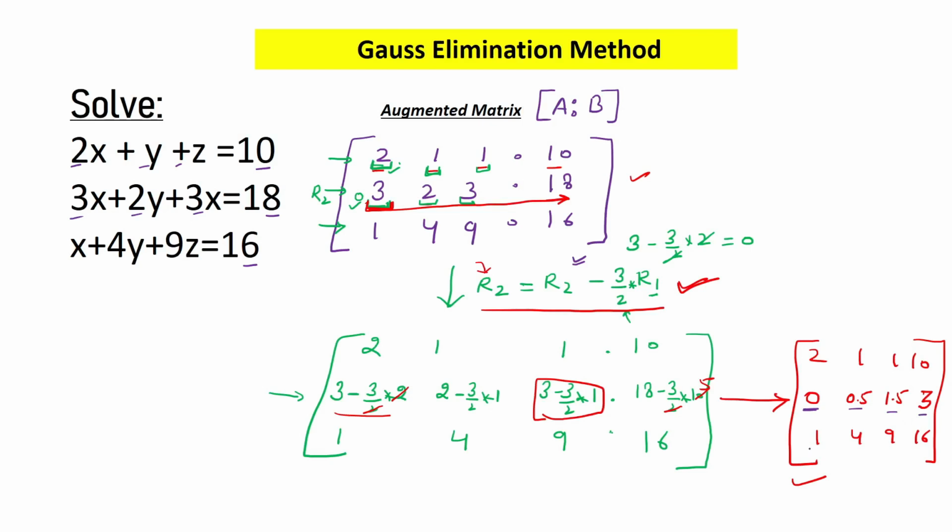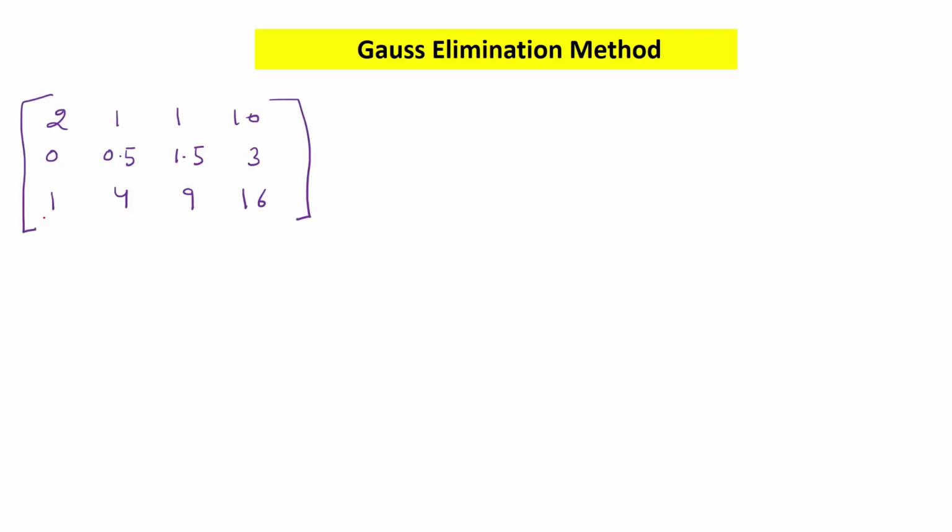Now my next motive is I have to change this 1 to 0. So let me copy this into the next page and then we will solve. So now let's make this 1 as 0 using this row number 1. So I have to write some row operation here and I will get a new matrix. So again we have to do the same thing. What should I subtract from this 1 using this row number 1 so that I should get 0 at this position? So I have to change row number 3.